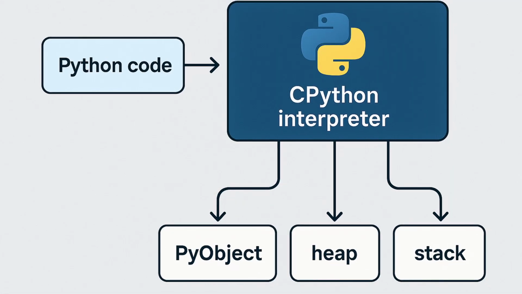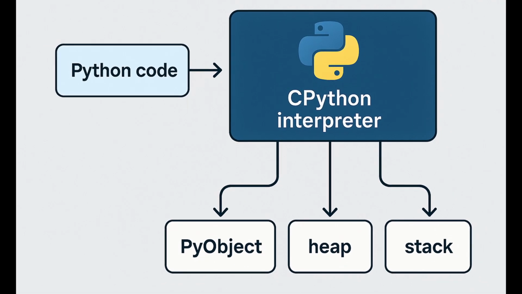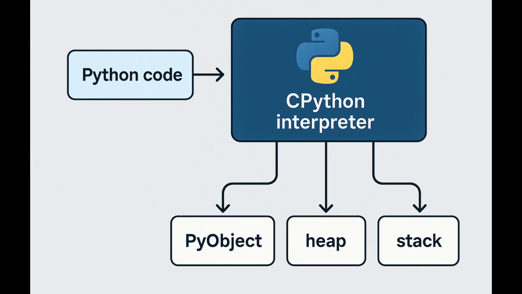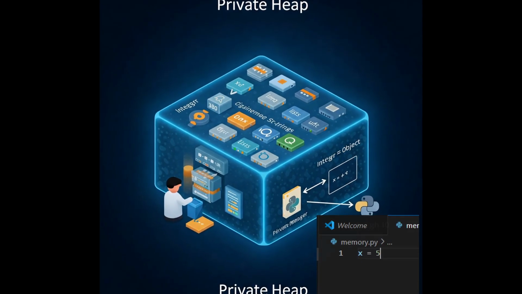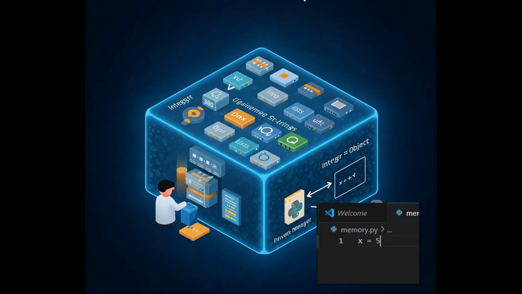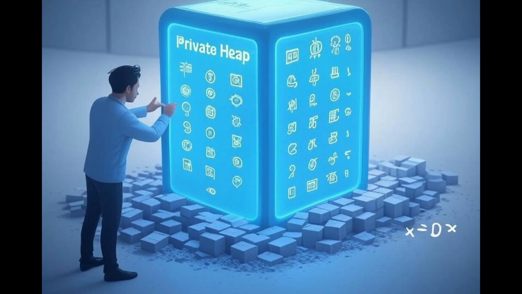When you run a Python program, Python creates a space called a private heap. This is where all objects and variables live during program execution. The Python Memory Manager takes care of allocating memory for objects, tracking how long objects are used, deallocating memory when